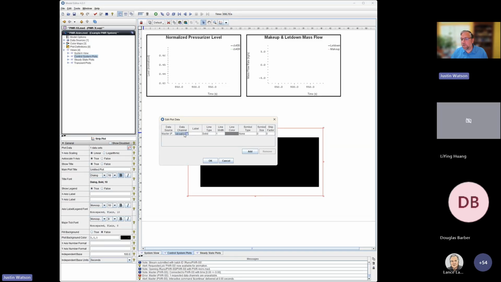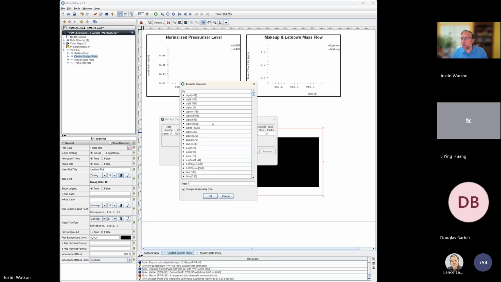If we double click on that, we'll get a little selection tool. Pop that up, and it gives us all of the variables available to be plotted in our model. We want to find control block 57, CB57. Scroll down a little less than halfway and you'll find control block 57. Select OK,